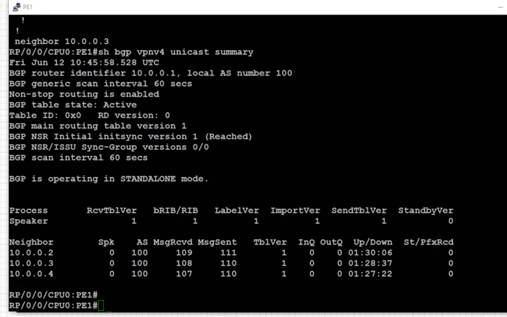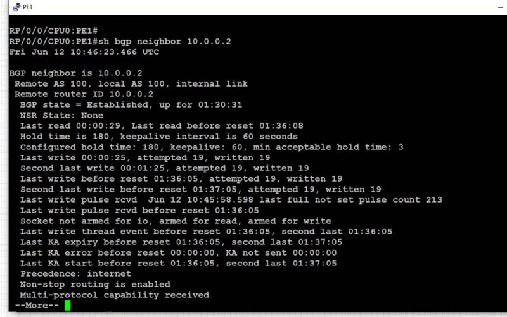To take a look at BGP neighbors in a bit more detail, we can always use show BGP neighbors and the neighbor IP address. Here we're going to take a look at 10.0.0.2, the peering with PE2, and we know that we have a peering up with 2 in the remote AS100, which is the local AS, therefore it is an IBGP peering.